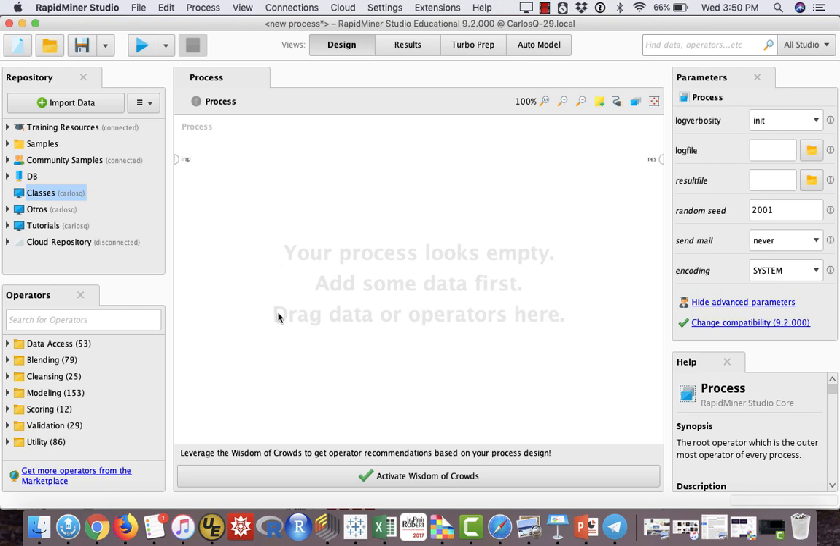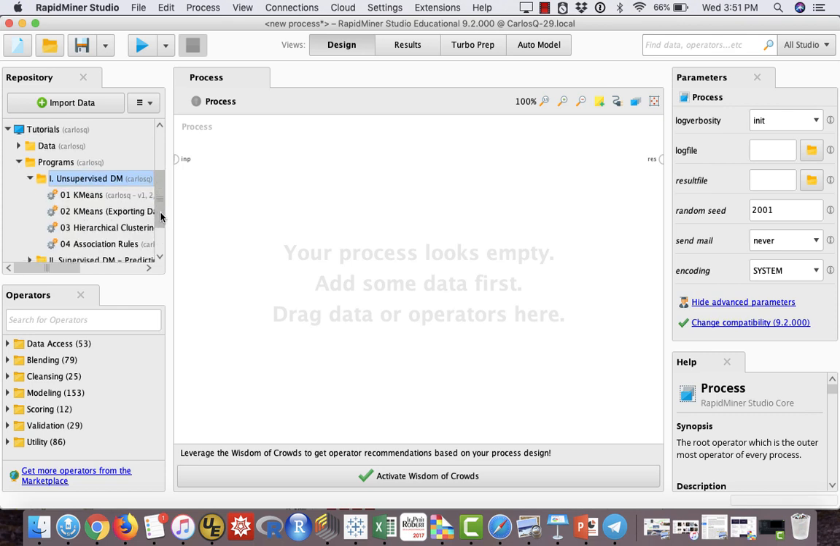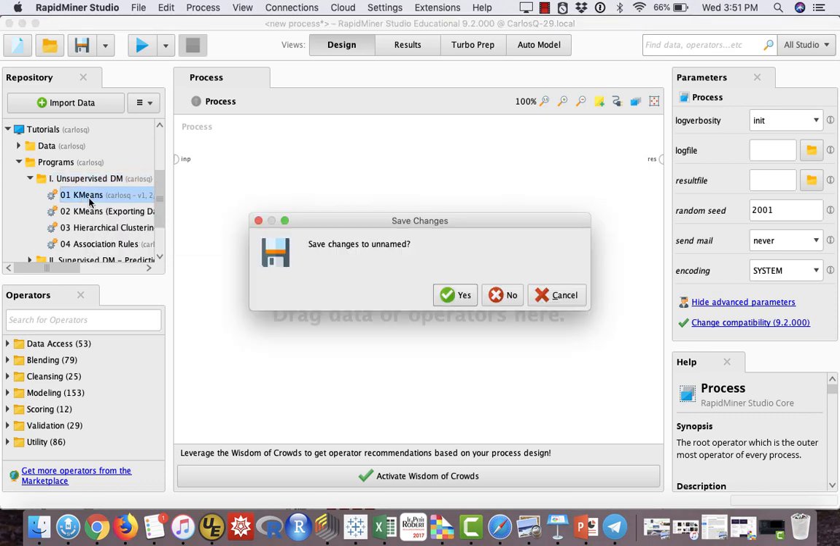Okay, this tutorial is about K-means. So let's go to tutorials, programs, unsupervised data mining. And here we have two programs about K-means. We're going to take a look at the first one. So double click the first program